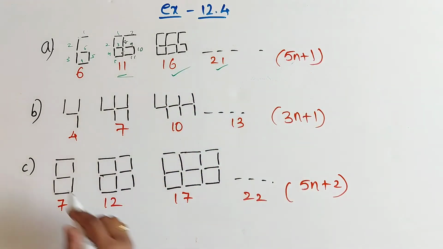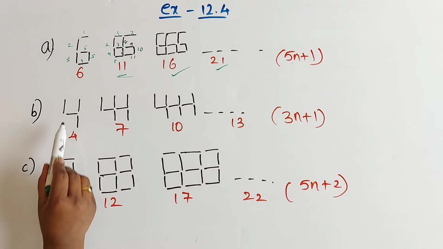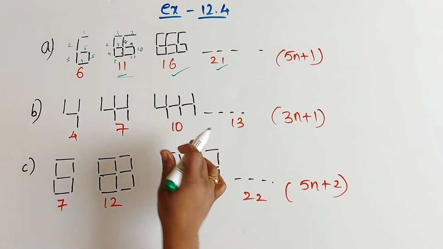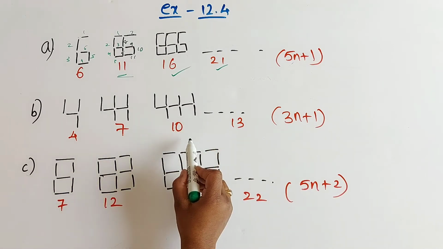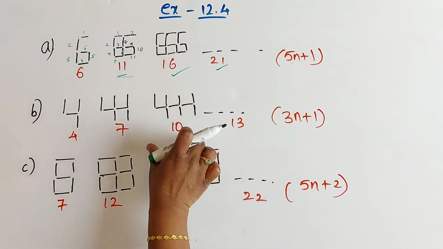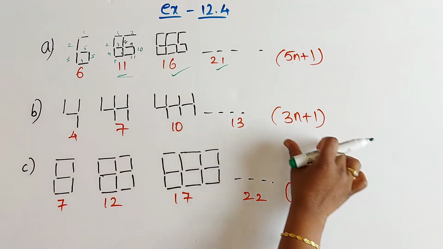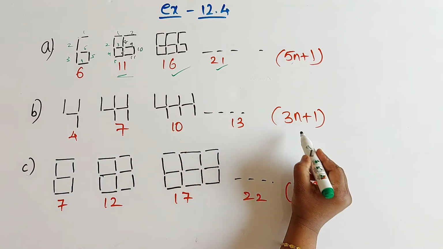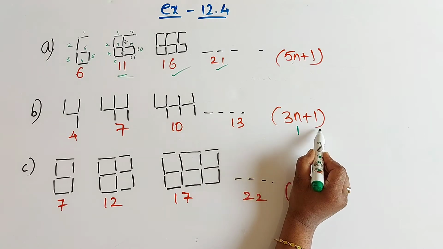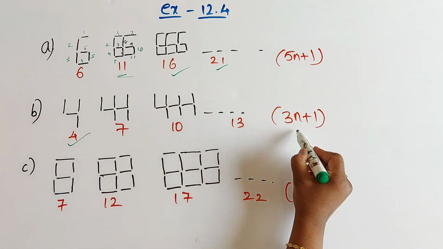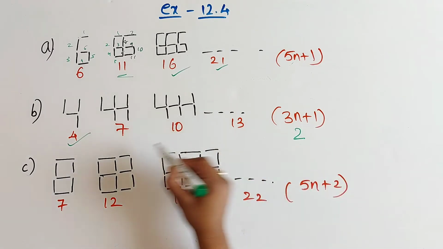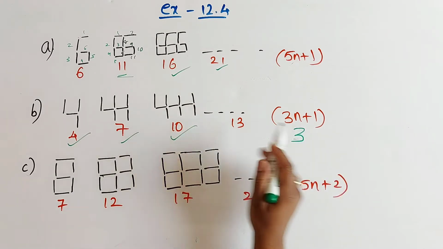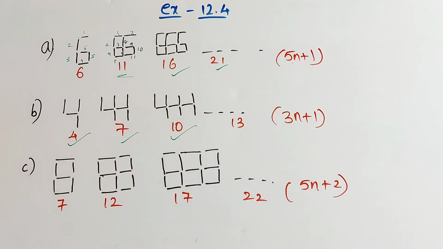Right, children? We'll see the next pattern, number 4. For this we used 4 line segments. For the next one, 7 line segments. For 3 digits of same number, 10 line segments. For next 4 digits of same number, 13 line segments. After that, so on, the pattern is 3n plus 1. We'll check this is also correct or not. If n equal to 1, 3 ones are 3 plus 1, 4, children. Correct. If n equal to 2, 3 2s are 6 plus 1, 7. Correct. If n equal to 3, 3 3s are 9 plus 1, 10. Correct. So on until 3n plus 1, children.